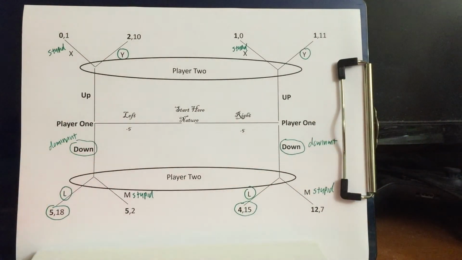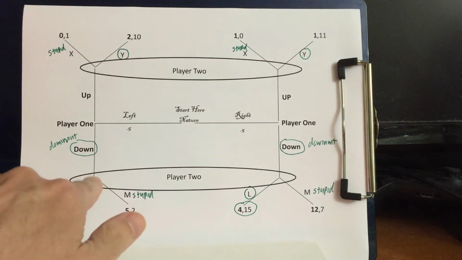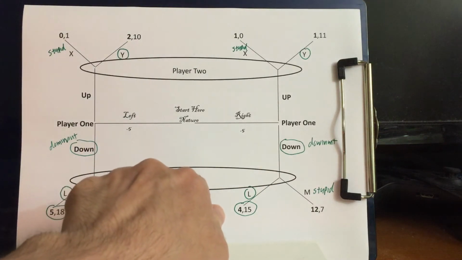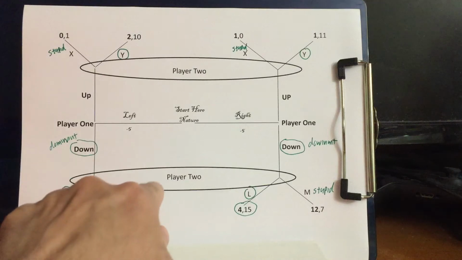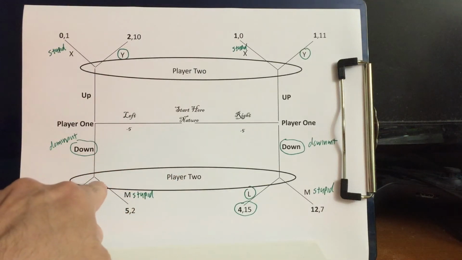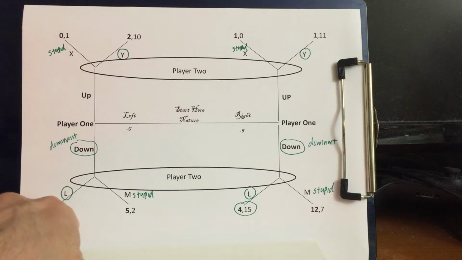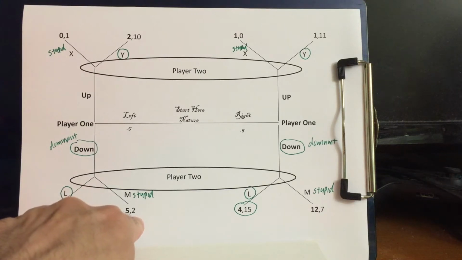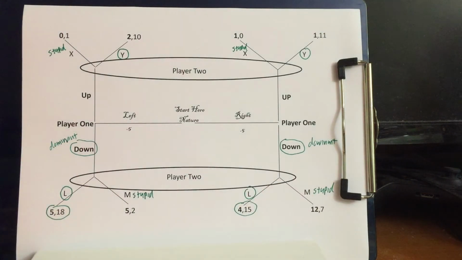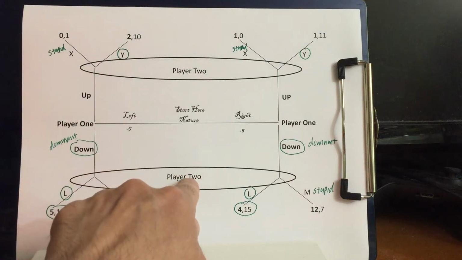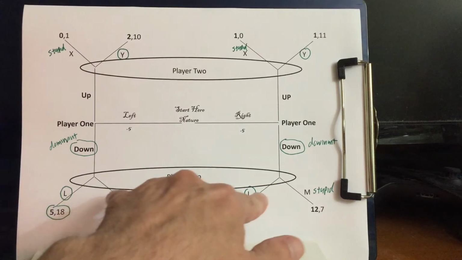Here's what I think should happen. The easiest thing to do in these kinds of games is to start by looking for dominant and stupid strategies. So let's look at player 2 in this information set. Player 2 would say, if I'm here, I know that down was played, but I don't know if I'm on the left or the right. If I were on the left, the best move would be L, because 18 is greater than 2. And if I was on the right, the best move would also be L, because 15 is greater than 7. So yes, I face uncertainty, but no matter what's going on, I'm better off with L than with M, so I'm picking L.